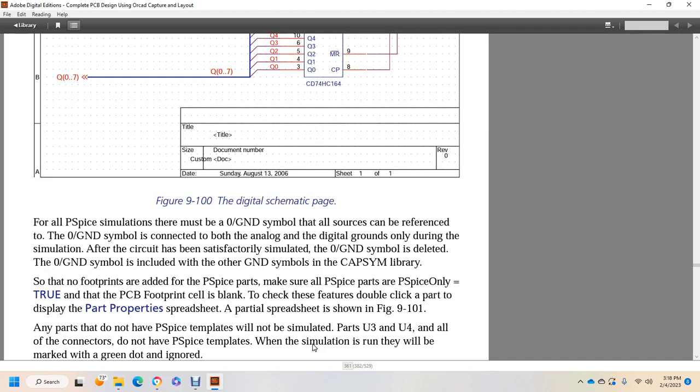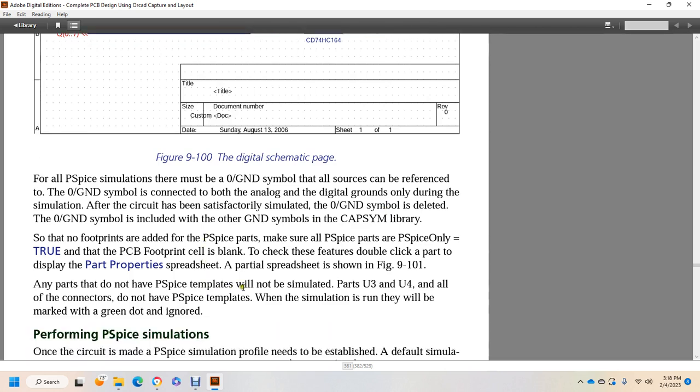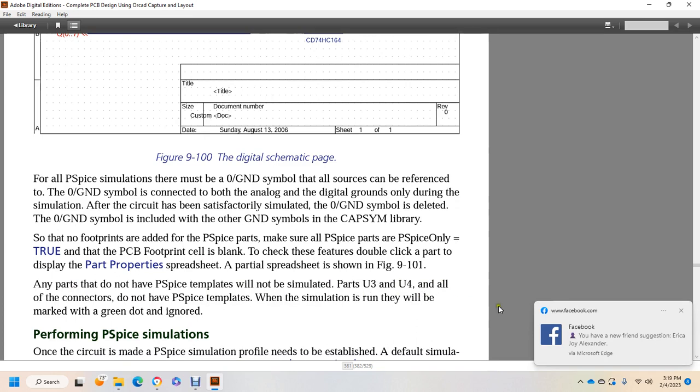So that no footprints or PSpice files are affected, make sure that all PSpice files are in the PSpice folder only, with the PCB footprint on the back. Check with the feature by double clicking the part to display the part property spreadsheet. The partial spreadsheet is shown in figure 9-101. The parts that do not have PSpice templates will not be simulated, such as parts U3 and U4. All of the connectors do not have PSpice templates,